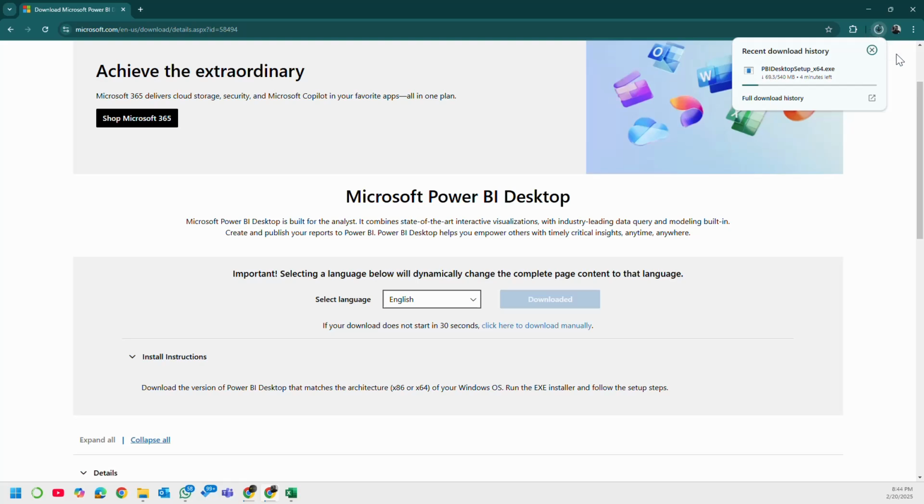Okay, anyways, while it downloads, just like any typical file, you just go through the installation process. Do you agree, and all that? And after you agree,